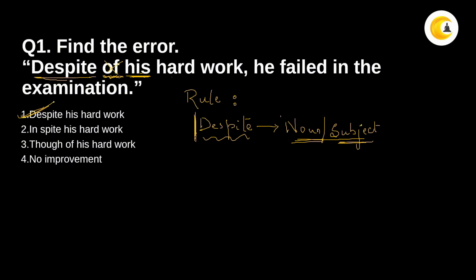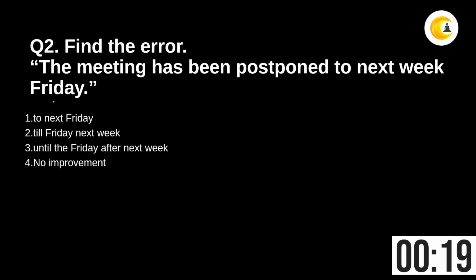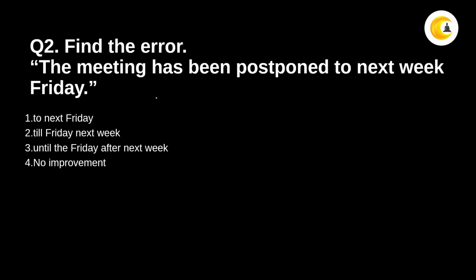All right. So moving on to the next. It's again the same. Your 20 seconds has started. So it says find the error. The statement is: the meeting has been postponed to next week, Friday. All right. So this question has something called a double